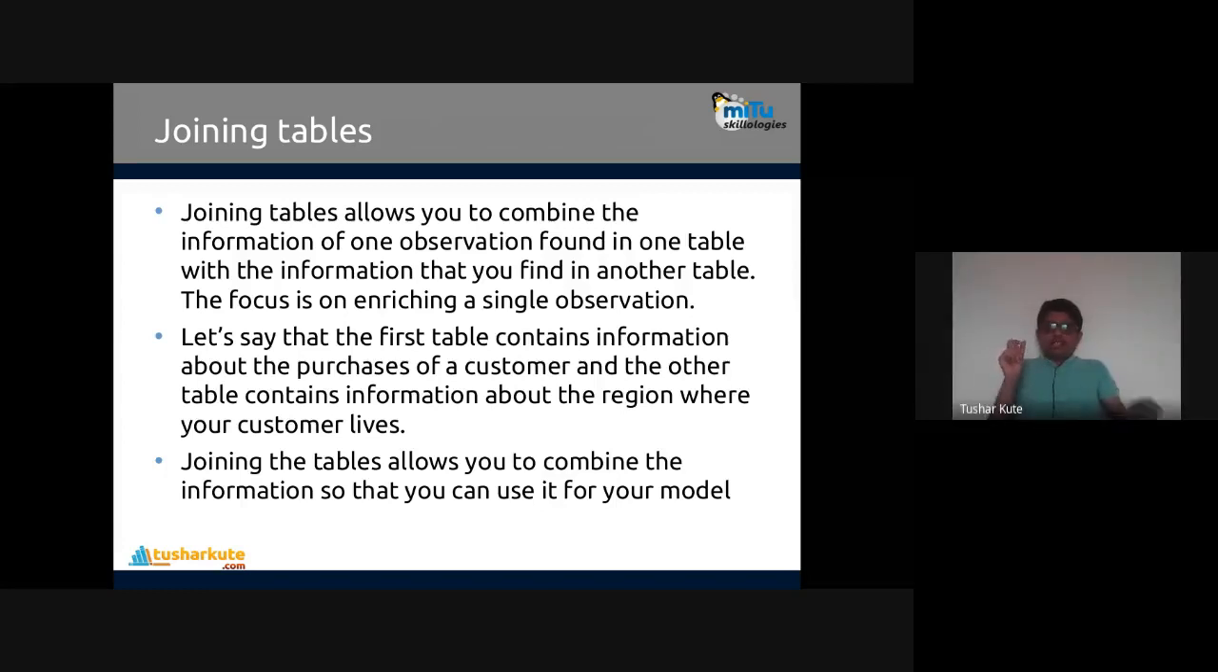Let's say that the first table contains information about the purchase of a customer, and the other table contains information from the region where your customer lives. Now joining the table allows you to combine the information so that you can use it for the model. Some data is present in one table, some data is in another table, but there is a common factor present in that, a common key, which will act to combine